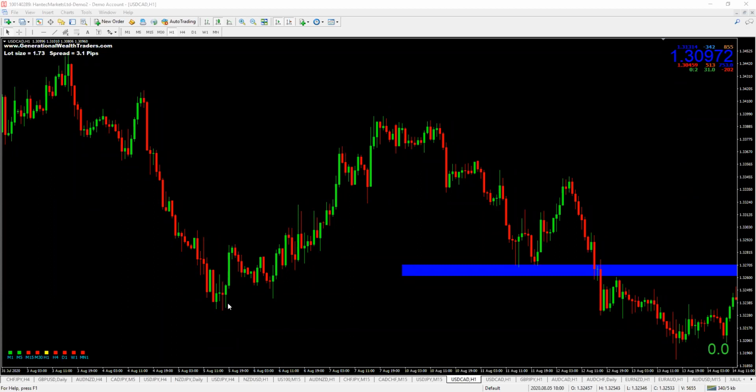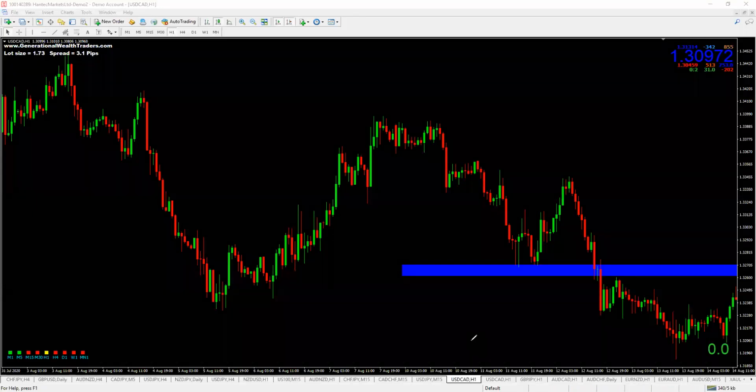I'm sure it will become more obvious to some of us now that this structure low, let me just mark it out, this structure low and this structure low, structure low, structure low, and so forth,